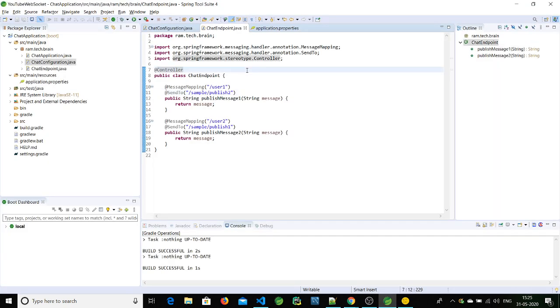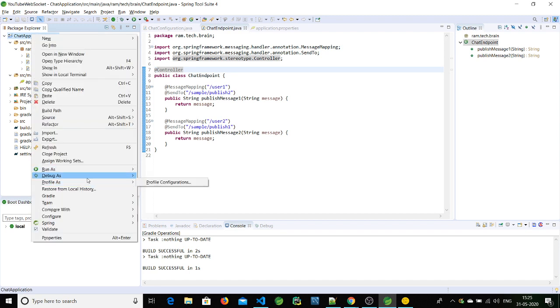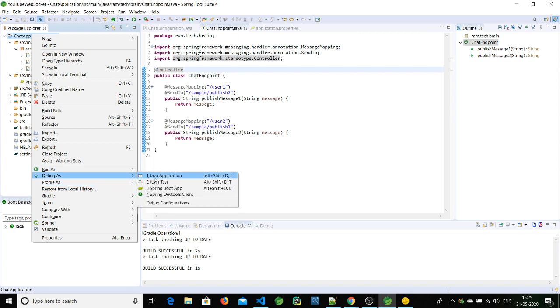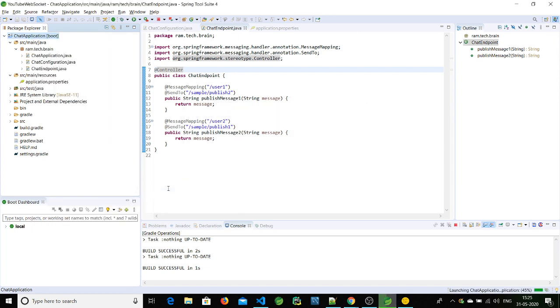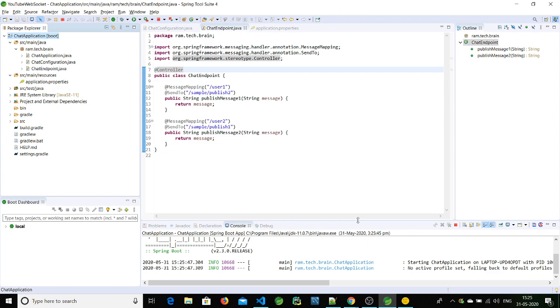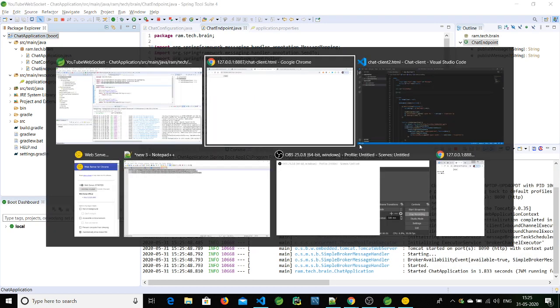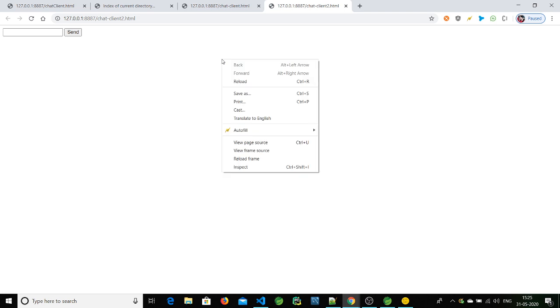Let's run it as a Spring Boot application. Let's debug as Spring Boot application. So the application is started. Let's refresh both, and let's see whether it got connected or not.